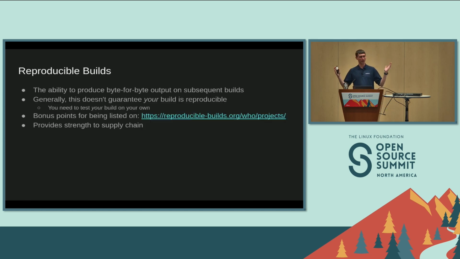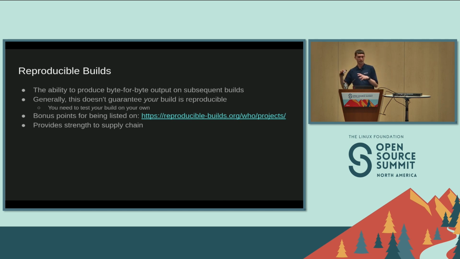Reproducible builds is being able to reproduce byte for byte what you built, and preferably across time. So if I built something today and I build something 10 years from now, I want them to be byte for byte the same, and that's ideally what we would like to go for. Now in embedded systems, particularly with how flexible and how extensible they are,